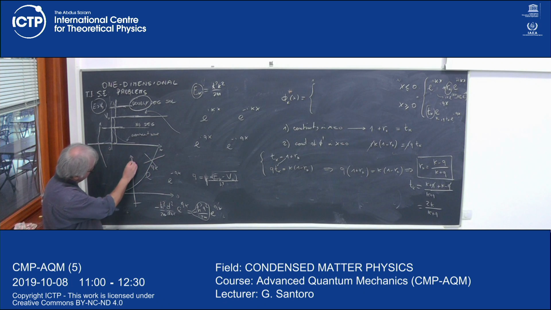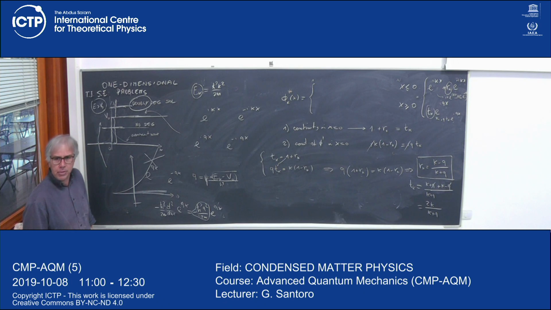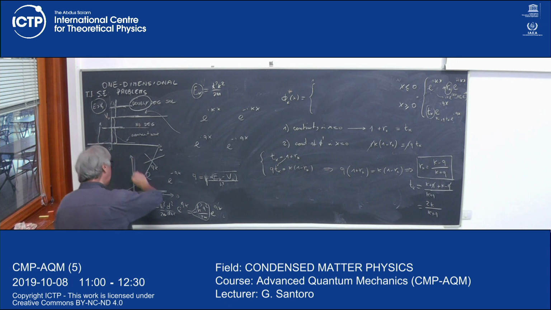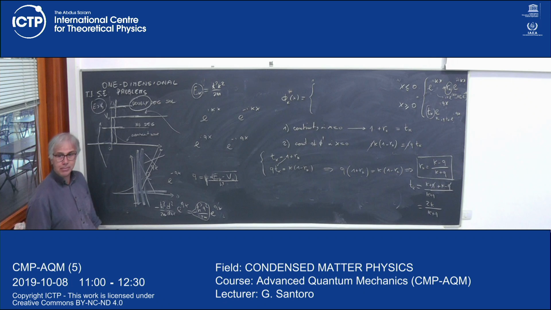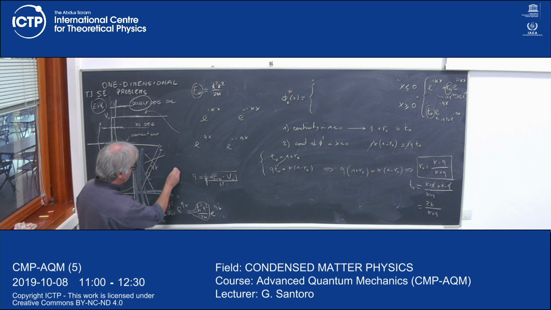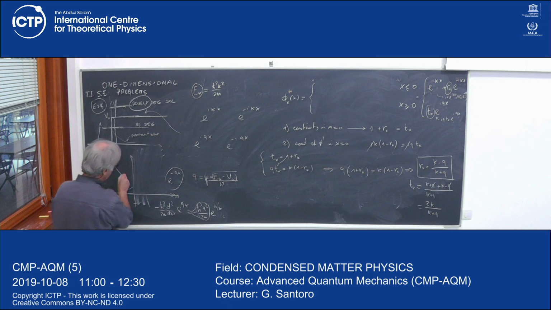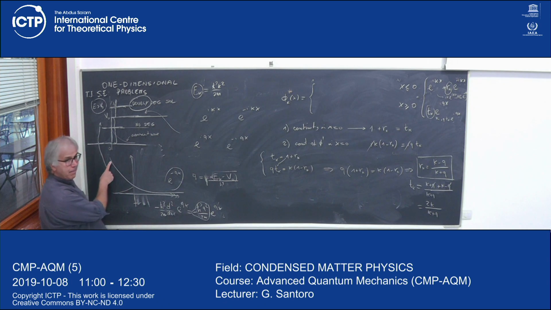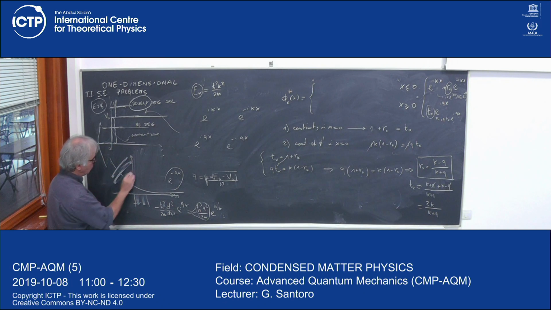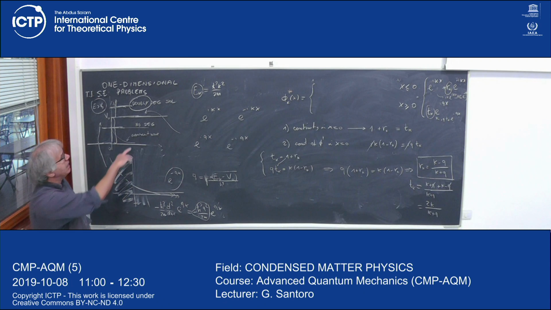But if I ask you to forget about positive, look only at the negative ones, then this is a reasonable thing to do. So if you look at only half space, and you forget about the other half, this is a good solution. And the same happens for the other one. It would be a function that, if you plot it over the whole space, is like this, so obviously very bad at negative infinity. But if I don't look at this region, it is a perfectly reasonable wave function. In fact, the evanescent wave that I was discussing before.